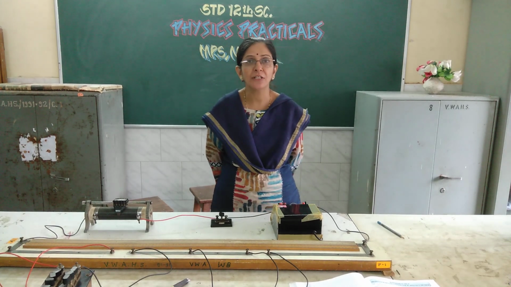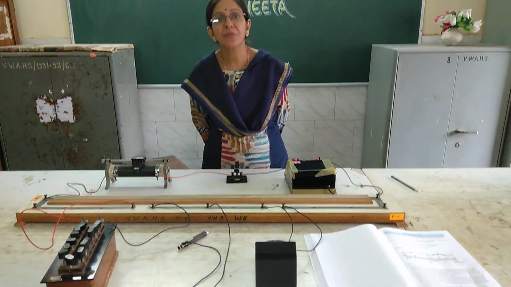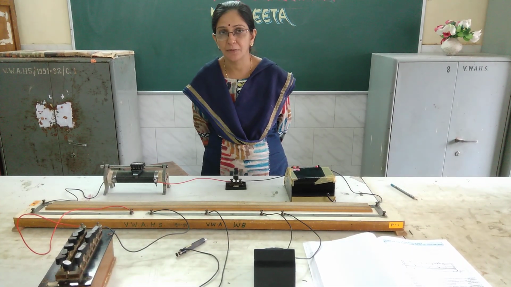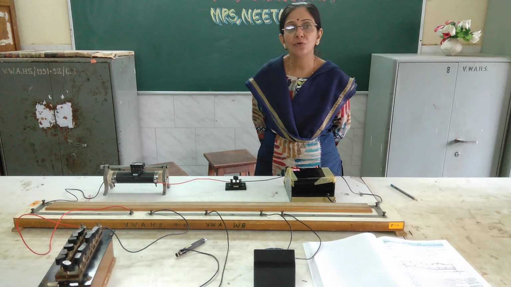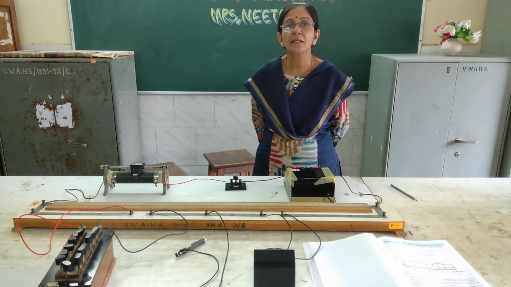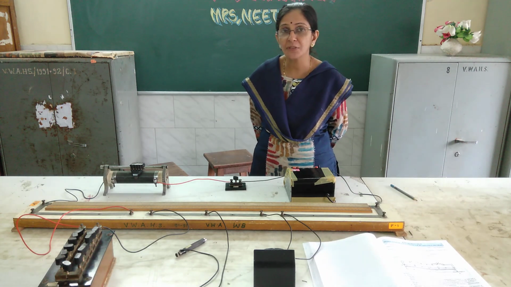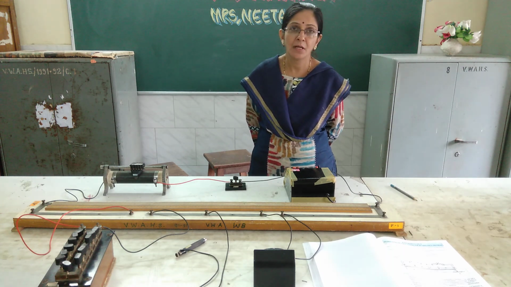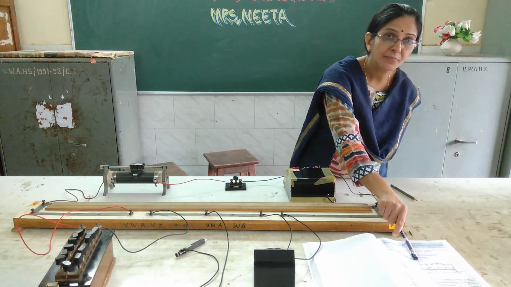As you know, this is one use of the Wheatstone's meter bridge, that with it we can find an unknown resistance. So the galvanometer also has its own resistance, and that value we will determine with the help of the Wheatstone's meter bridge. This method is known as Kelvin's method. It is also known as the half scale deflection method. Now for this we are going to use this circuit diagram.